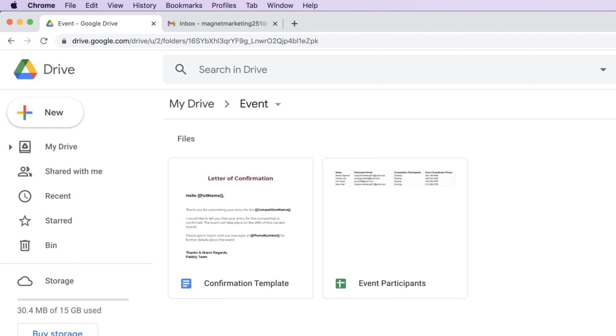Sometimes you may want to generate a lot of PDF files from your Google Sheet data. And in this video, I will be telling you the way in which you can generate as many PDF files as you want based on the dynamic data that is present inside Google Sheet. So let me give you an example.